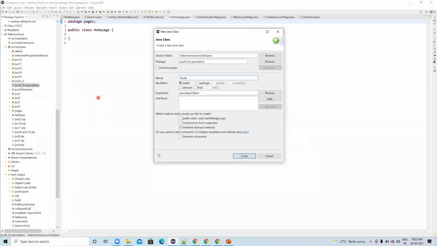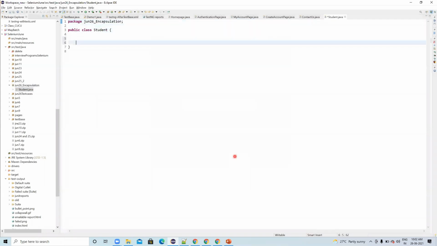The student can have a lot of things, right? It can write. So student, and click on the finish. So see here, class is created and here I am writing the variables. So declaring the variables, which is private. In the encapsulation, any instance variable which you are creating is under private only. So private